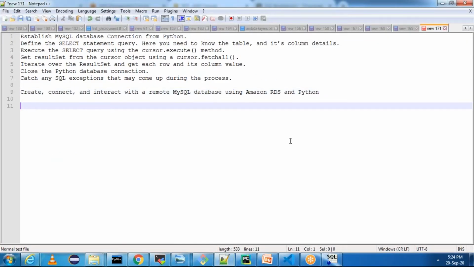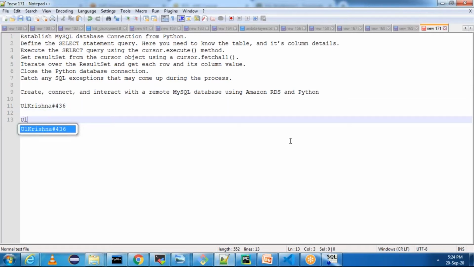let me explain. I'm going to keep a password with upper and lower case, my name, I can say like this, or else you can keep uppercase and lowercase and say MySQL hash 436. You can keep anything, but make note of the password which you kept.